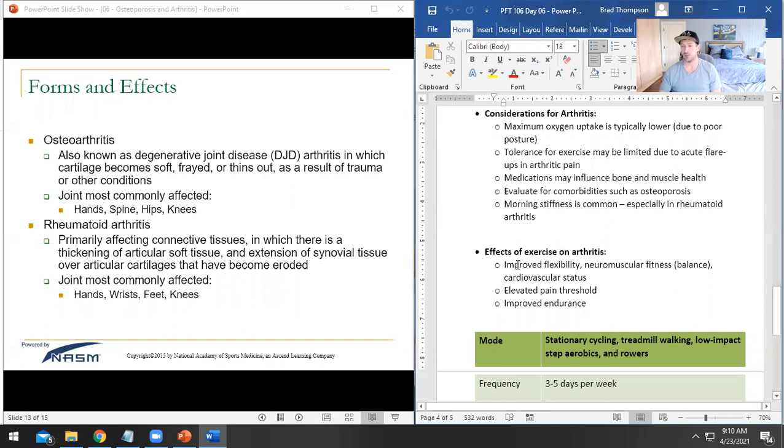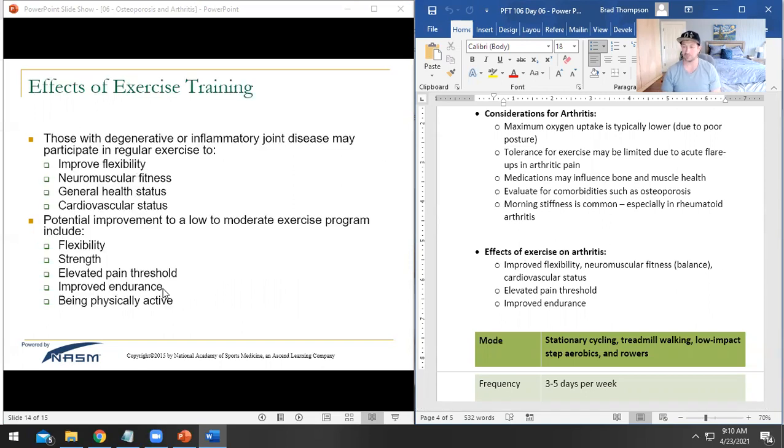But remember, osteoarthritis is like if you just beat up your soft tissue and cartilage and you create a lot of damage and it doesn't repair properly, that is osteoarthritis. And then if your immune system for some reason decides that it needs to put more tissue within that joint, that's your rheumatoid arthritis. Rheumatoid arthritis, by the way, actually both versions of this, the effects of this degenerative joint disease or rheumatoid arthritis,